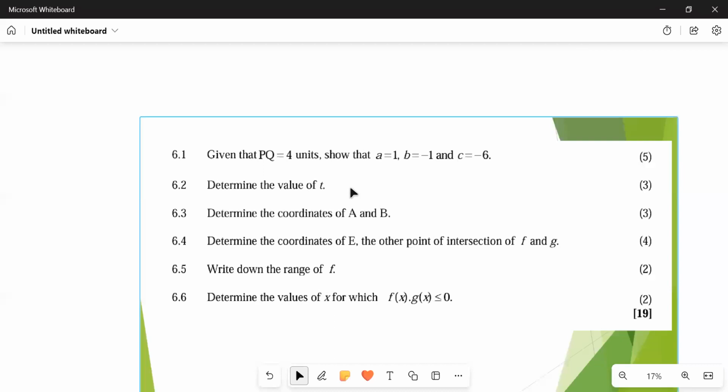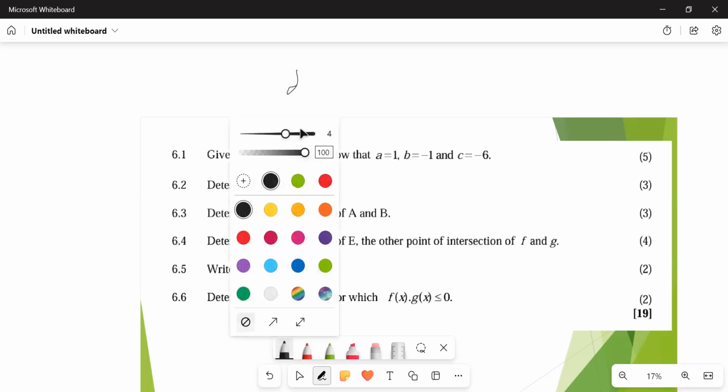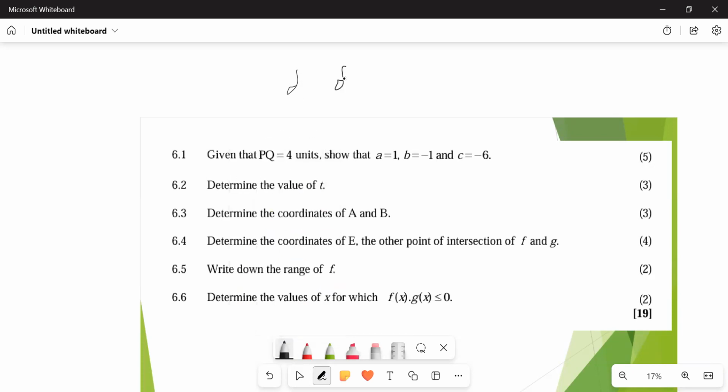6.1 says that given PQ is equal to 4 units, show that a is equal to 1, b is equal to -1, and c is equal to -6. So about f of x, which is ax squared plus bx plus c,